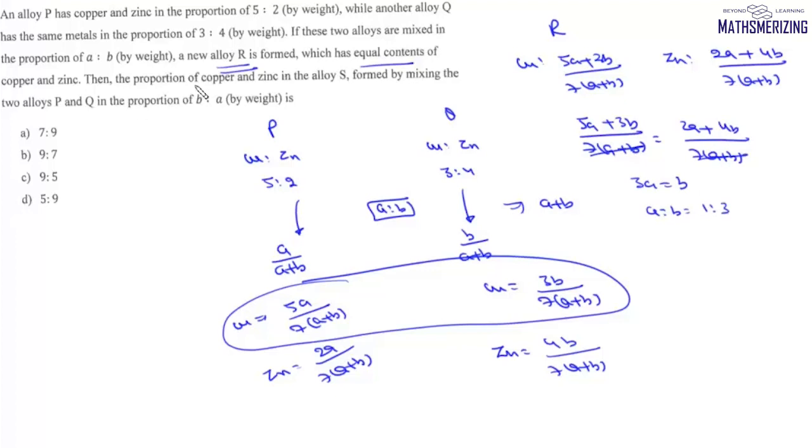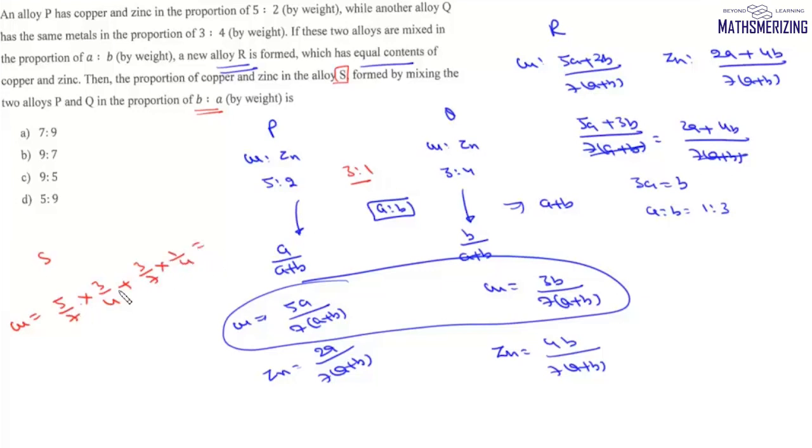Now the question says we need to find the proportion of copper and zinc in the alloy S, which is formed by mixing the two alloys in the proportion B:A. So now we are mixing them in the ratio B:A, which is 3:1. So if in this alloy S we have to find the fraction of copper, then it will be simply 5/7 into 3/4 plus 3/7 into